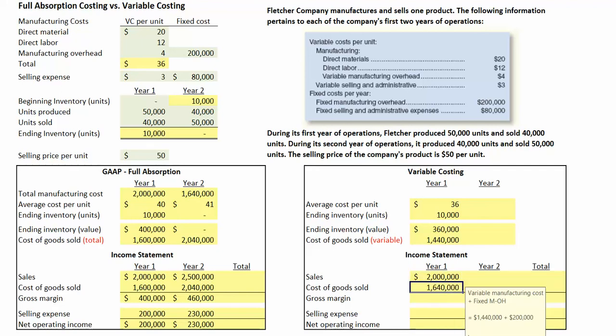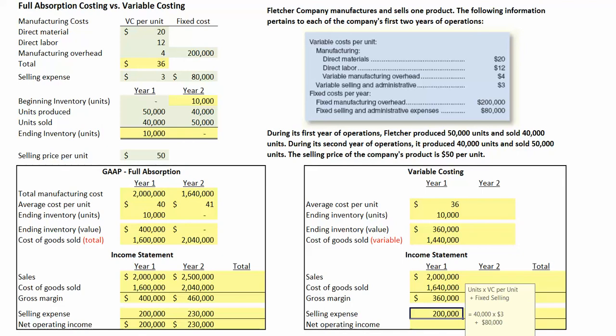Our total cost of goods sold now is $1,640,000. Again, that's the variable manufacturing cost of $1,440,000 plus the $200,000 in fixed manufacturing overhead. Again, in variable costing, fixed manufacturing overhead goes straight to the income statement. Our gross margin then in year 1 is $360,000. We will subtract from that our selling expenses, which again are $200,000,